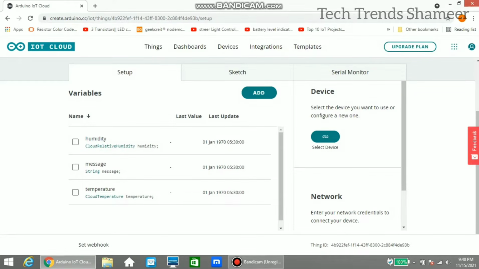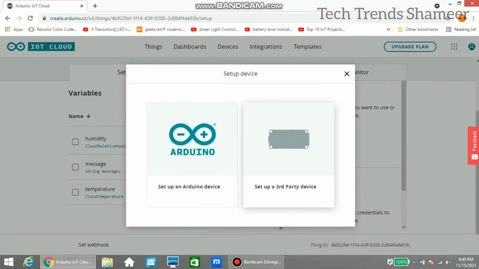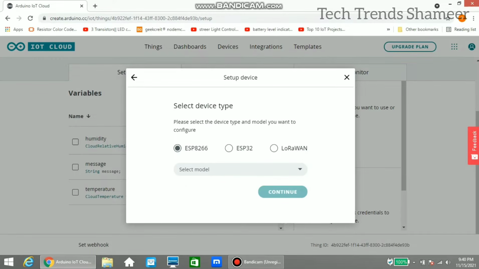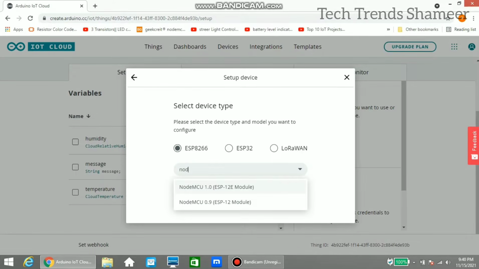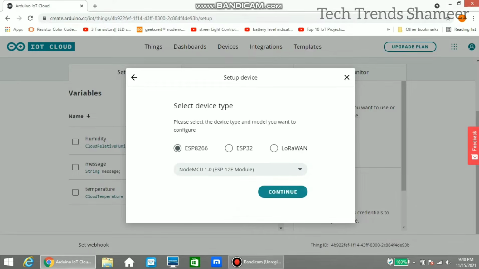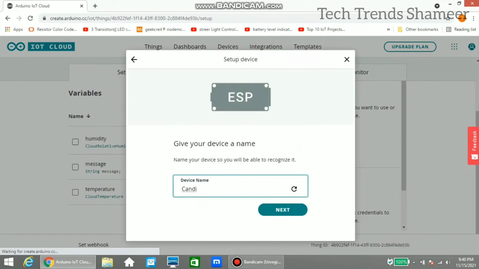Now we need to select the device. Here we need to set up a new device. Click this set up a third party device and select your device model. The device which I am using is Node MCU, so I am selecting this model. Now click Continue and enter any name. You can give any name. Now click on the Next button